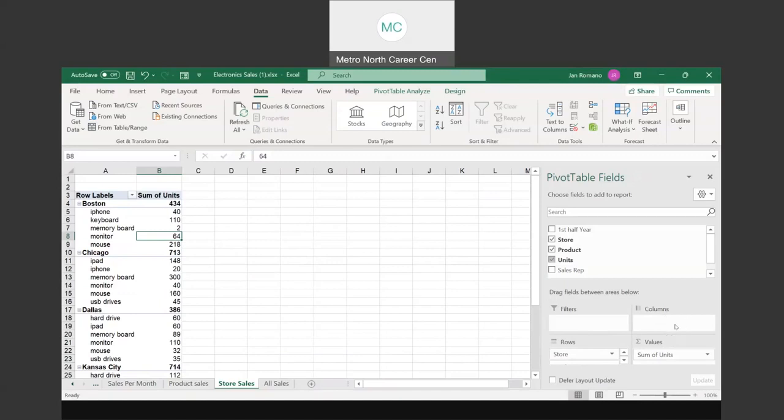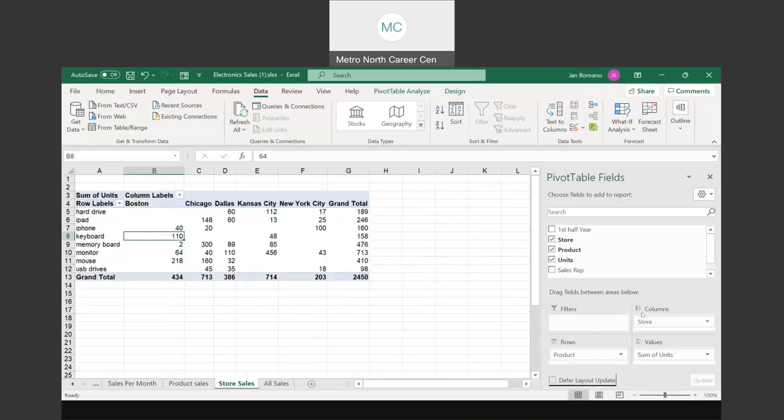That's the first thing I'm going to do. So I'm going to take store, point to it, hold down the left mouse button, drag it, and drop it in columns. Now, as I do that, store will show up here in columns, product will be in rows. Look at your pivot table now. That's exactly what it did. It put store across in the columns, it put products down in the rows,